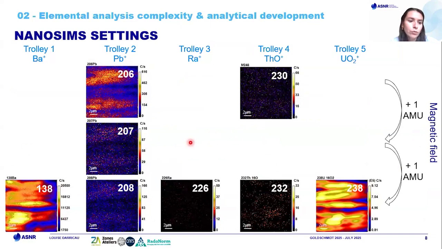So here, just to resume what we used for the trolley. The first one we used for barium. The second one we used for the 3 isotopes of lead, so 206, 207, 208. The third one for radium, and the fourth one for thorium, where we looked at the oxides. And then, at least for the uranium, we looked also at the uranium double oxides. Again, if you want more details, you can see Teten paper from this year and the following paper from Jérôme